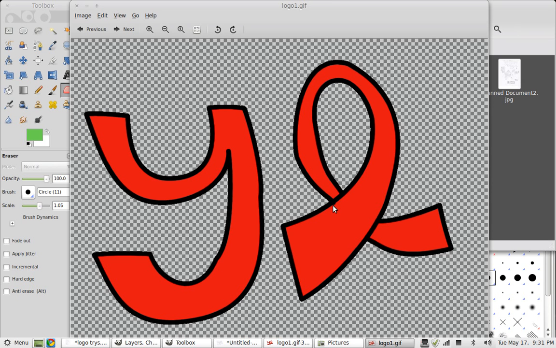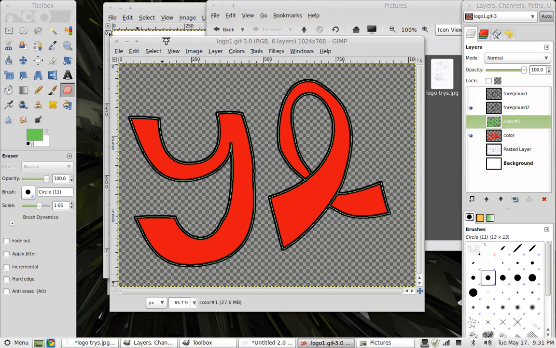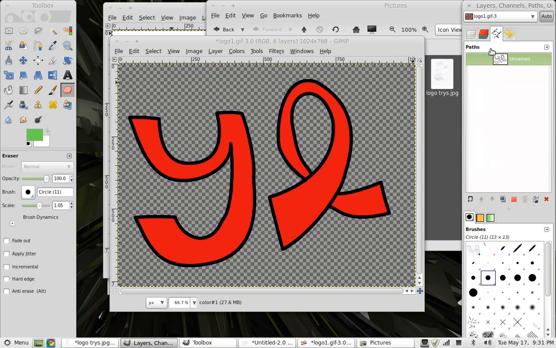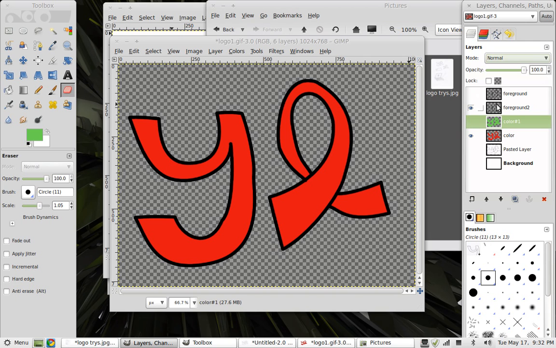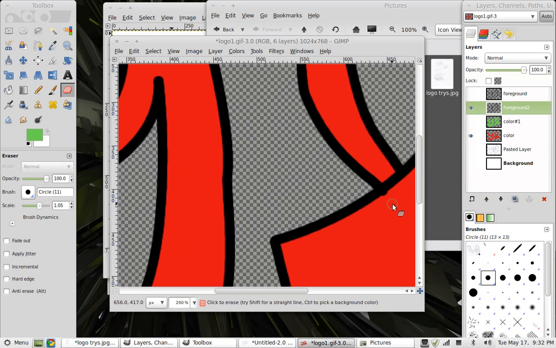There's a little defect there, so you might want to go back, look at the layer without, take that out, and then you'll see, oh, that's like that. So then you can go to the foreground. You can zoom in to whatever you need and just erase that tiny piece